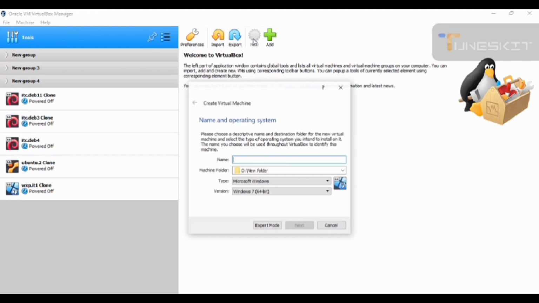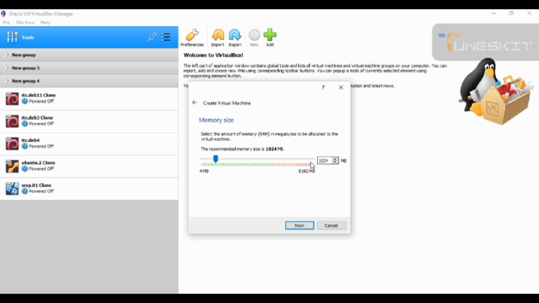Then click New. Here we give a name. The name is free. For me it is Alpine Linux, and here the version is Other Linux with 64-bit. Then click Next.